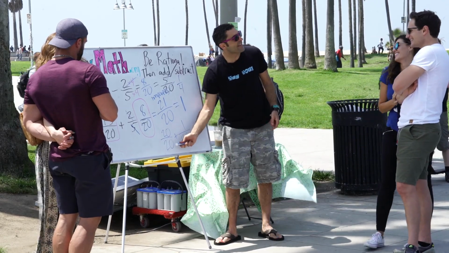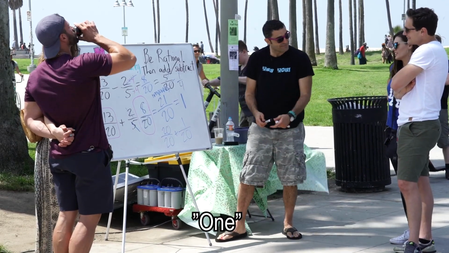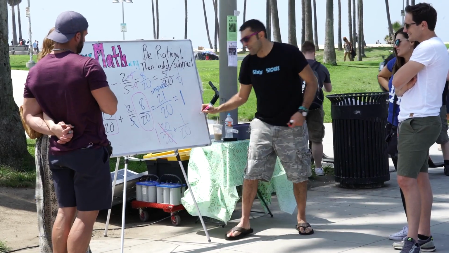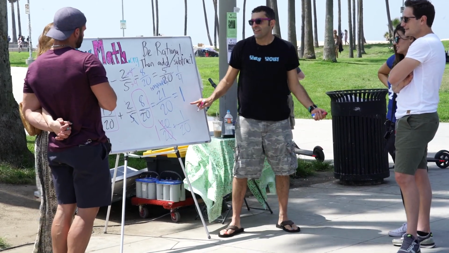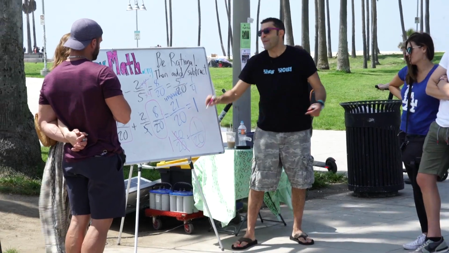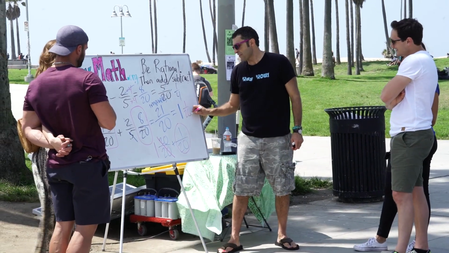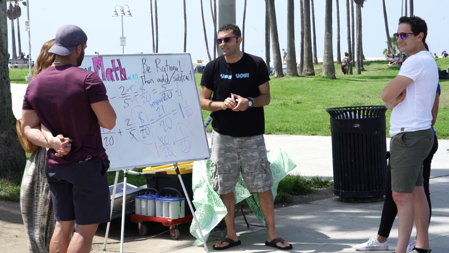So 20/20ths is how many? It's 1. Good job. So that's 1. And then how many 20ths remaining? 1/20th. Good job. Fast forward to your present self, and you're right. It's 1 and 1/20th. Fantastic. Okay, that's basically the idea.